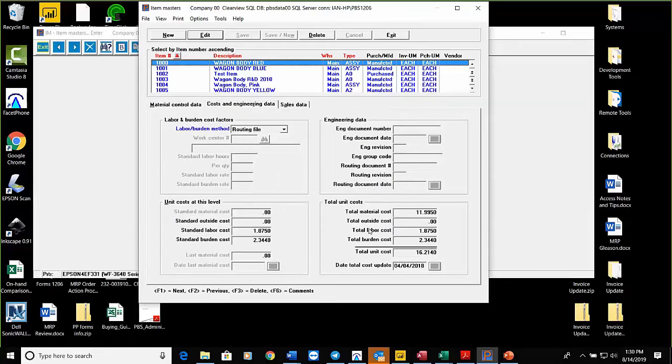We have total material cost, total outside cost, total labor cost, total burden cost, for a total unit cost of $16 and change. And that's our totals. Over here on a manufactured product, we should never see material cost. We should only see labor, burden, and occasionally outside processing costs. All the rest of it comes from the lower levels of the bill. So this is the total cost of this, and this was